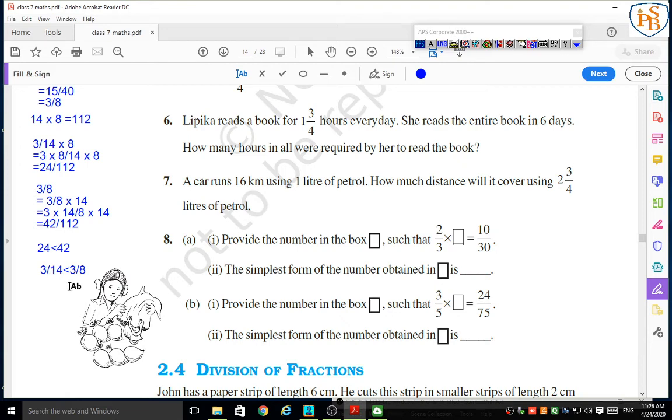Okay, now we have to just remind that when numerators are same, we have to concentrate on the denominator. When numerators are same, the fraction whose denominator is bigger is smaller than the other. Okay, and when denominators are same, we have to compare the numerators, and the fraction with the bigger numerator is bigger. Okay.